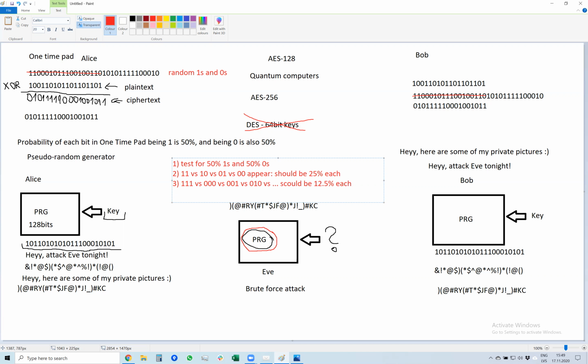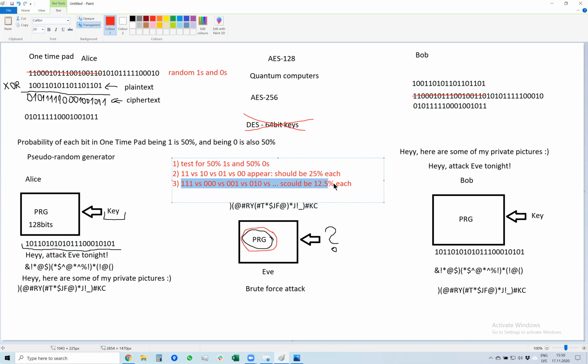If it isn't, even if ones and zeros really are 50% each, if it's all the time just 1 0 1 0, then Eve has a very good chance to accidentally guess the bits. So randomness means that it's not just 50% ones and 50% zeros, but also each pair appears 25%,